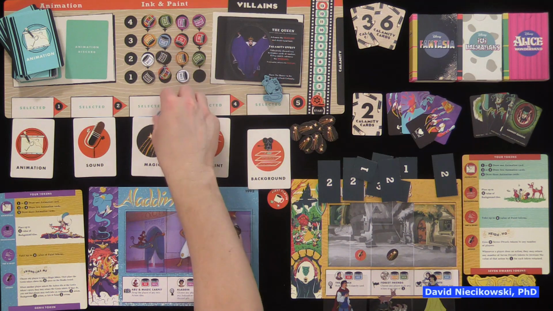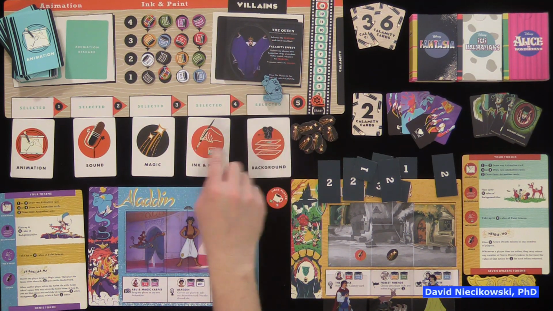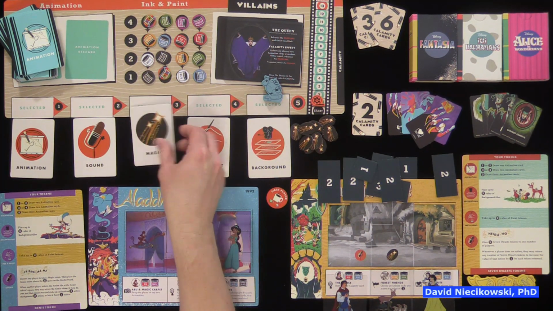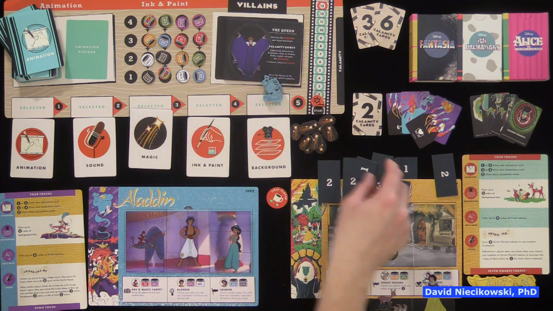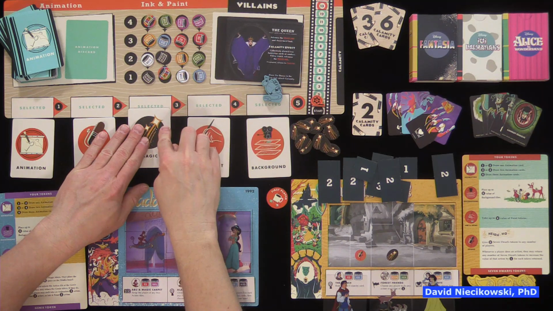So there's some strategy on what paints you take and how you load them back in. So that's background. You can paint. Sound allows you to place your tokens, and animation will get cards. Now magic, this is like a wild card. You can use a magic token to take a magic action, which means now that if I take this magic